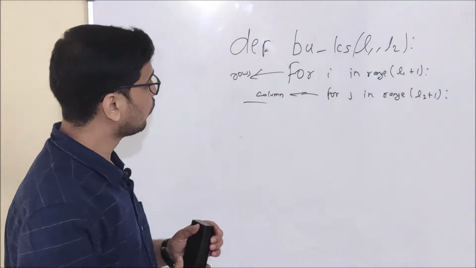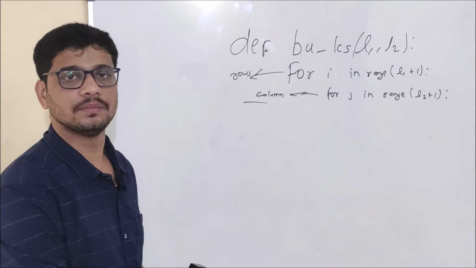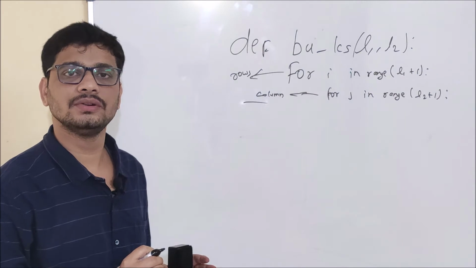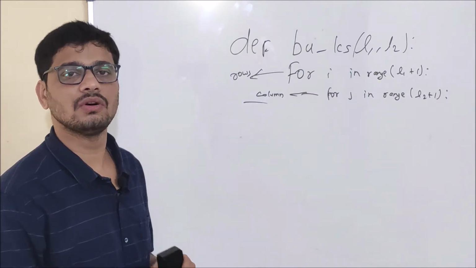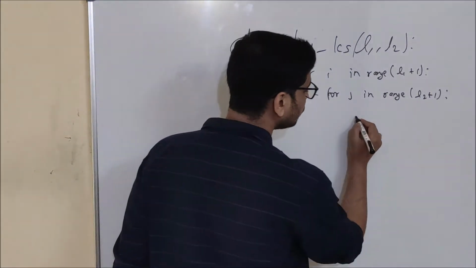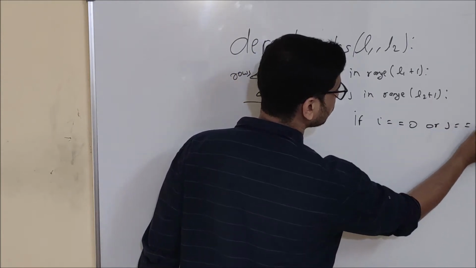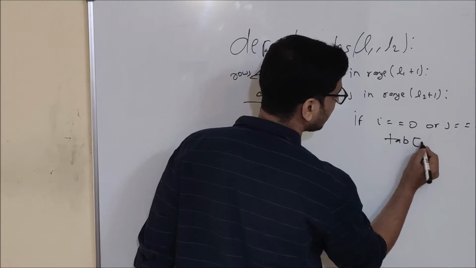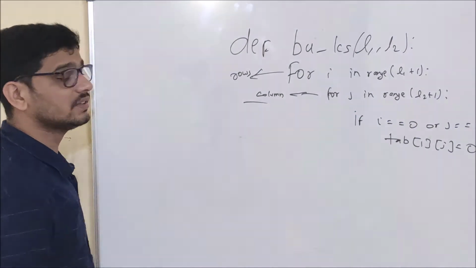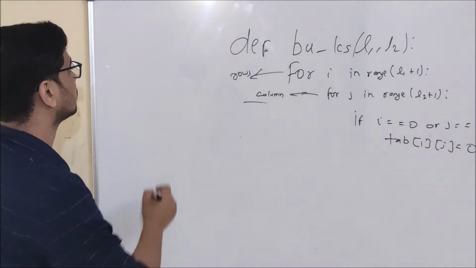Now, whether I am doing top down or bottom up, we are going to use that recursive equation only. And in bottom up, we will just replace the function calls with arrays, that is, array indexing. Now let's see how I am going to do it. If i is equal to 0 or j is equal to 0, in tab of i j, I will put 0. And what is tab? Tab will be the table which I will be filling during this code.